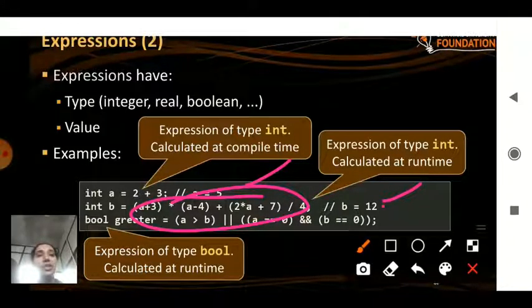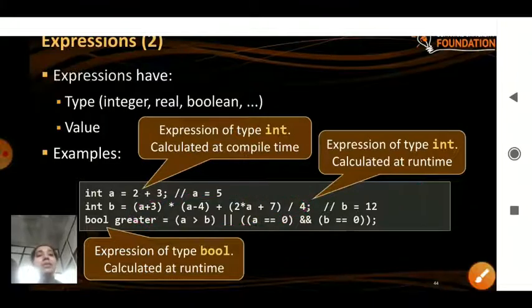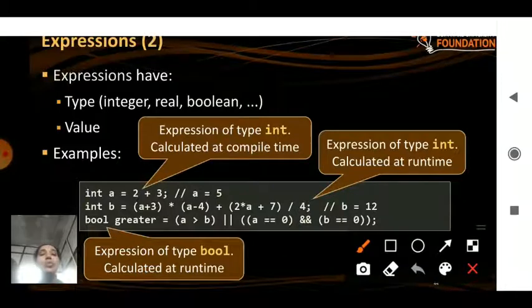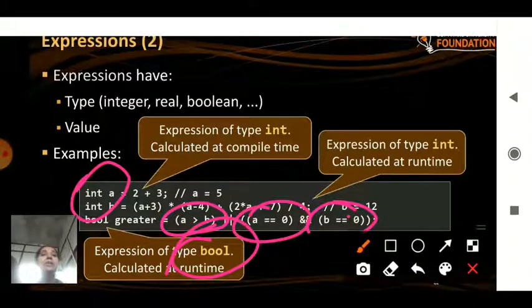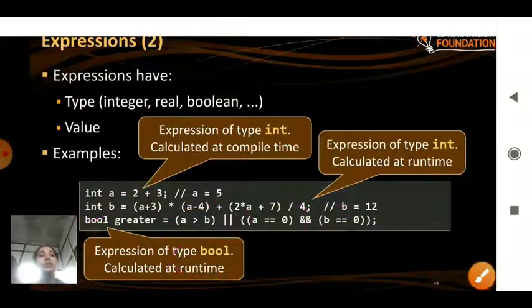Next, the other type results in a boolean type, where a boolean gives a result which is true or false. So here the boolean expressions are being considered. The result will be boolean: if it is true, it will give true, and if it is false, it will give the result as false. So here various types are being used, the operators, and even the variables and the literals are being used when you consider an expression. So this is the part of the expression types which you have learned.